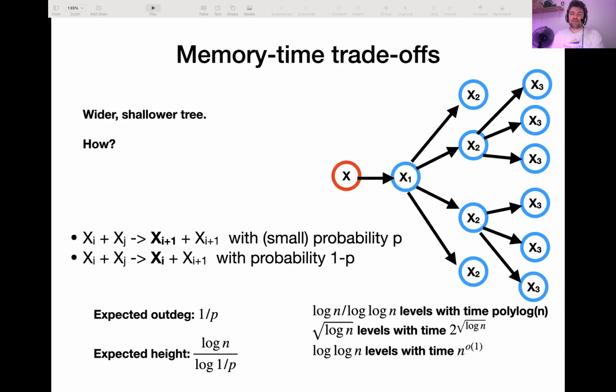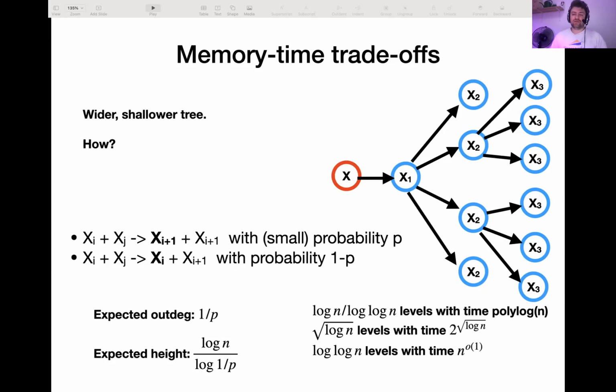And then the next thing that we analyze in the paper is memory-time trade-offs, where you can get a better memory complexity of the protocols by considering protocols that produce a wider but shallower tree. And how do we obtain a wider and shallower tree? Whenever xi infects